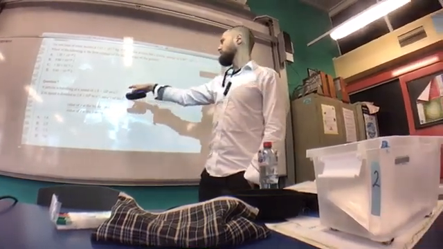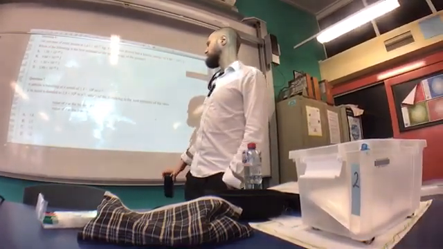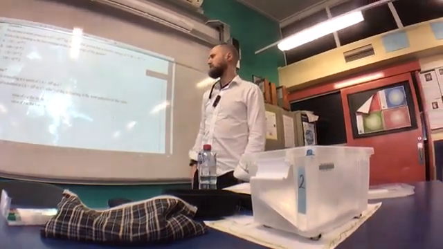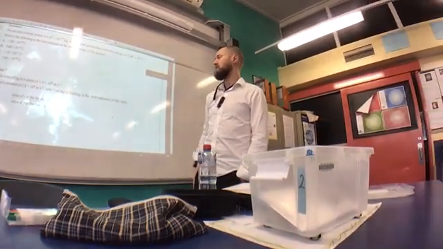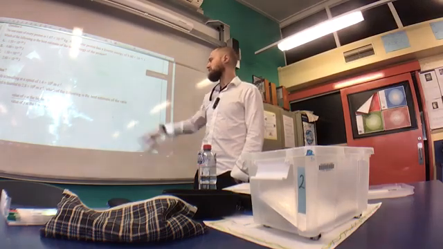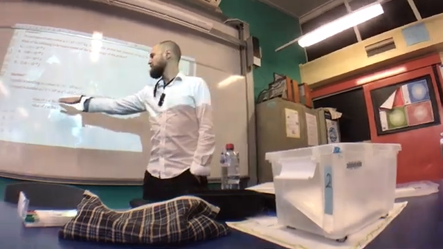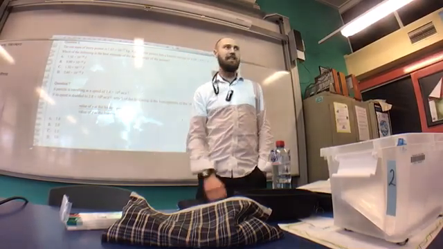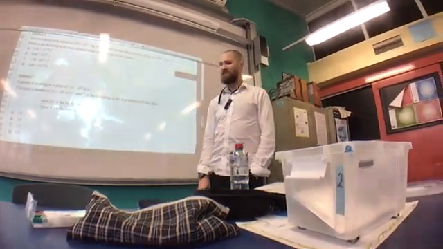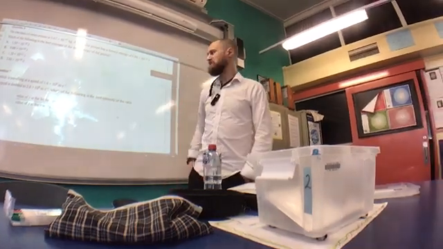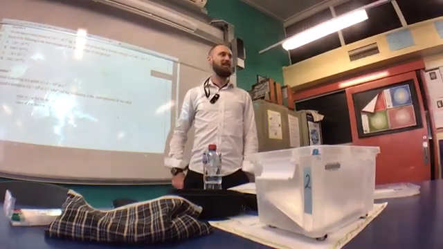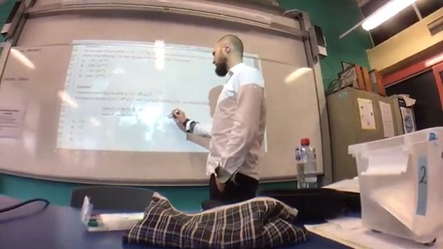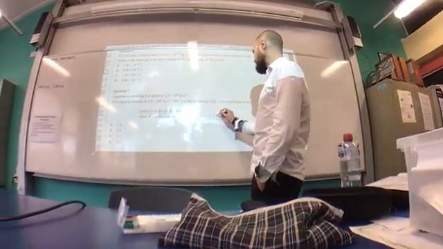Question 7, the particle is travelling at a speed of 1.47 times 10 to the 8 meters per second. If the speed is doubled to 2.8 times 10 to the 8 meters per second, which of the following is the best estimate of the ratio? The Lorentz factor when it's moving at this speed divided by the Lorentz factor when it's moving at that speed. And I'm sure there's a very clever way to do it fast and quick. The short way, the reliable way of doing it is that the Lorentz factor at speed 1 is just going to be